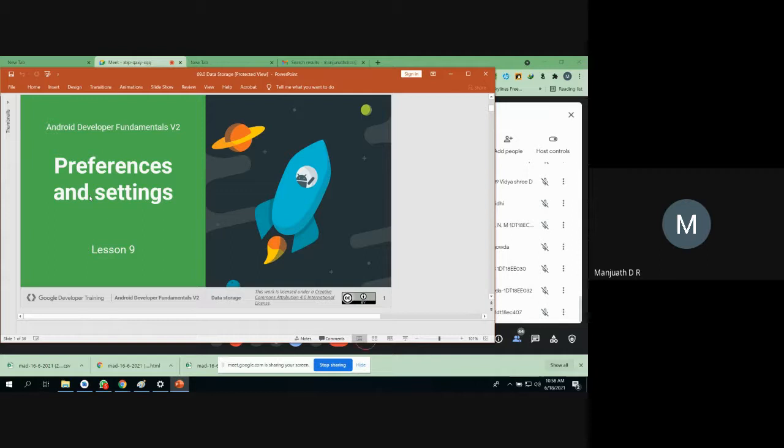We know we can use the edit text field, also things like spinners, even pickers, calendar pickers, even a dialog box to take an action, and also radio buttons. In many ways we can gather the data from the users, and we already came across some hands-on with respect to that.